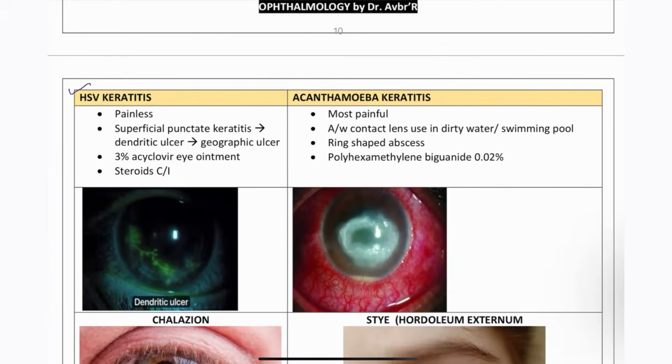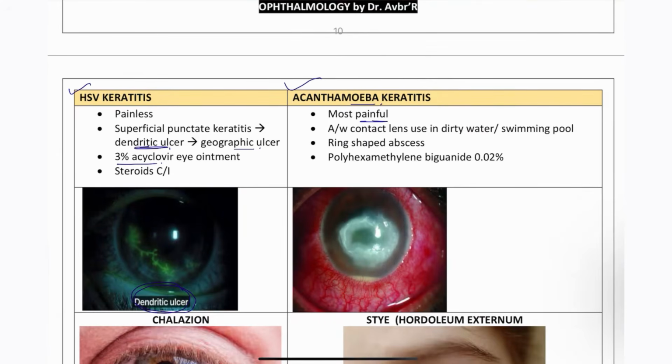Next, herpes keratitis. You are going to see this dendritic ulcer. If this dendritic ulcer progresses, you are going to see a geographic ulcer. Drug of choice is 3% acyclovir. Acanthamoeba, most commonly due to Acanthamoeba species, will cause a painful